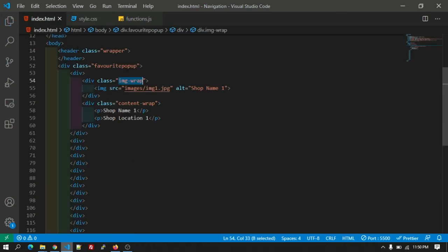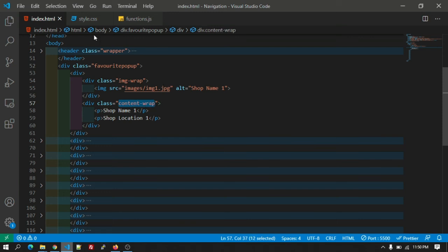Okay, let's add the CSS to the content wrap.